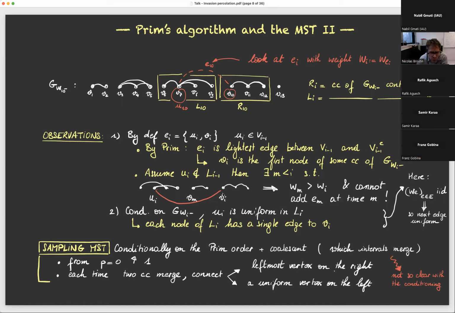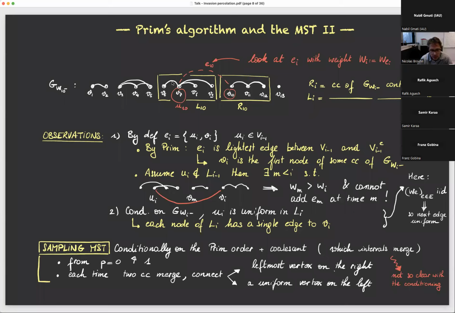Okay, so you would never have such a situation. So in other words, you must have that the extremity of the edge must be as in the picture above. You must have the first node of some connected component, and the extremity must be in the component just to